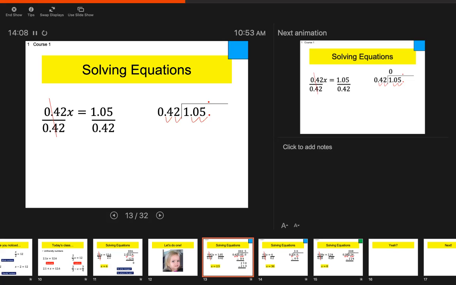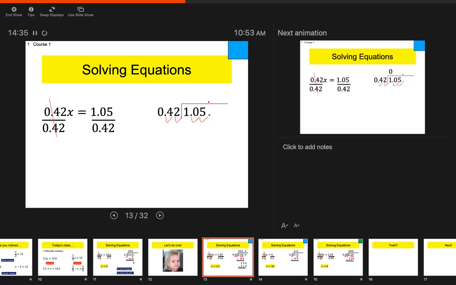120 is way bigger than 105, so how many times? Twice. When I run into kids that can't do decimal long division, it's this step right here that they're stuck on. Like, okay, I can move a decimal place, great, but then I don't know what to do. You round this divisor to a friendly number. It's not guaranteed to give you the right answer, but it's guaranteed to give you a close answer that you can quickly modify. I'm going to change 42 to 40,